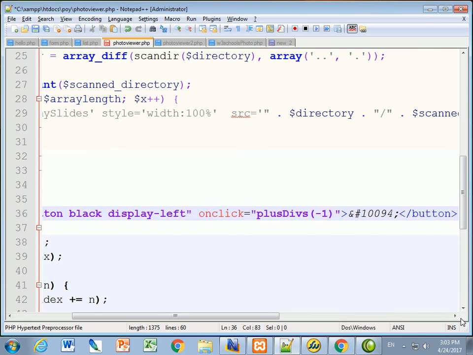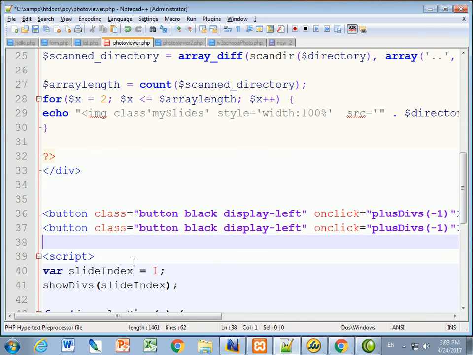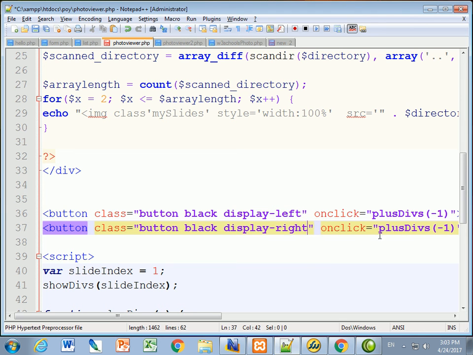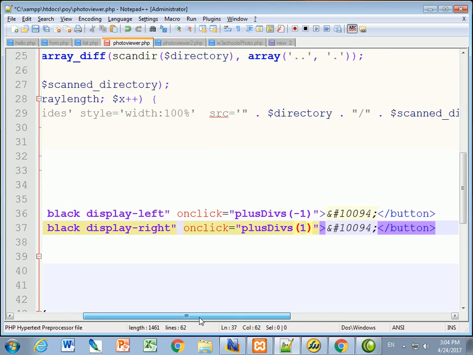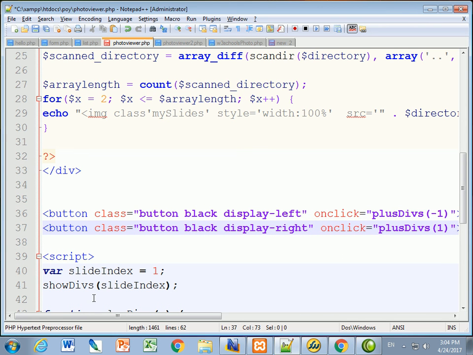So there's button number 1 that's going to display left, and then I want to do the same for the button that's going to do right. And so this button is going to display the right. On click, it's going to call the function in the JavaScript plus divs, but we're going to not subtract one, we're going to add one to it. And then finally, the character I want to display is a right angle bracket, which is character 0095. And there we're pretty well finished our